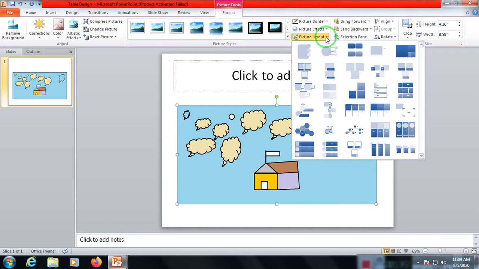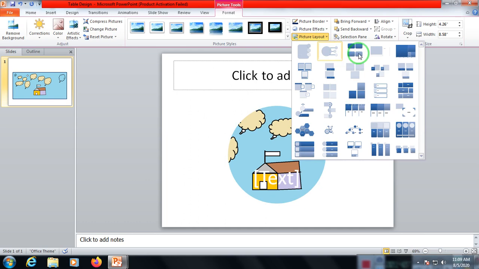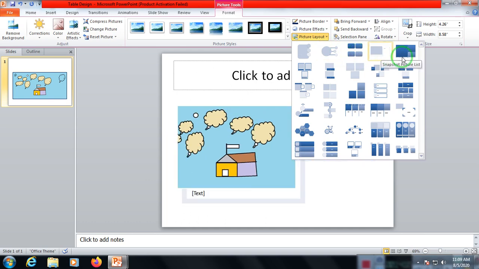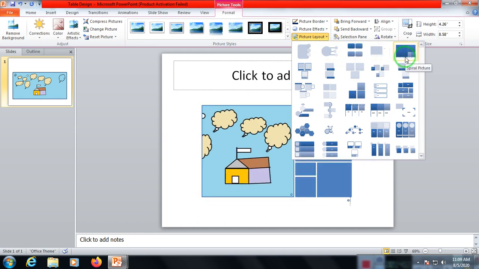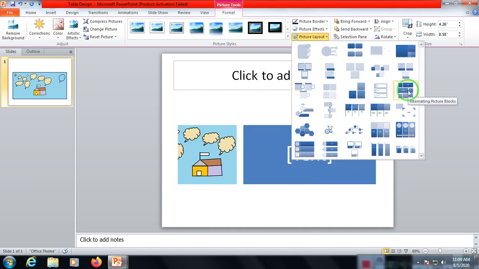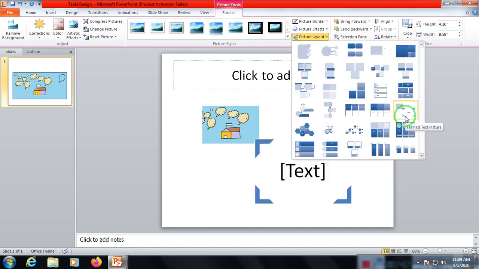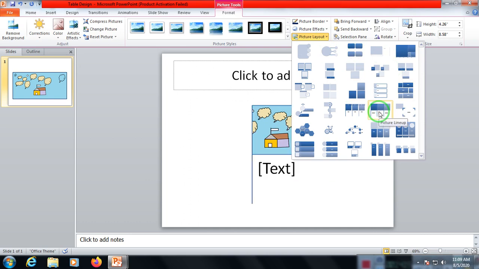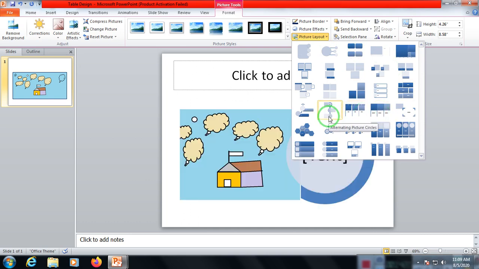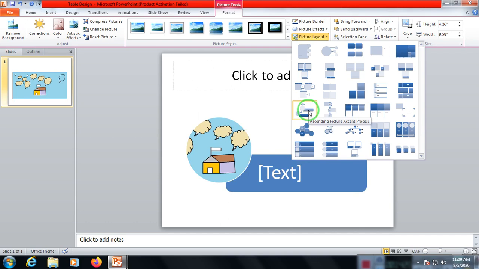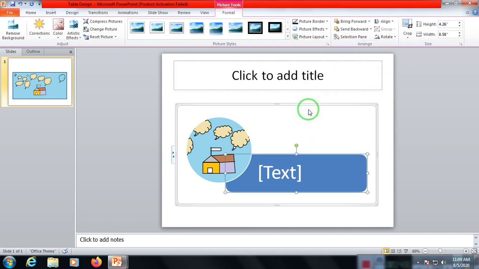That means if suppose you want to write some text with the picture, then how to set a layout for that particular picture. There are different layouts available, just see this. So this layout will inform you how you can give a picture as well as a text also. Just see this, the picture and a text, picture and a text. Suppose this is a picture and a text.